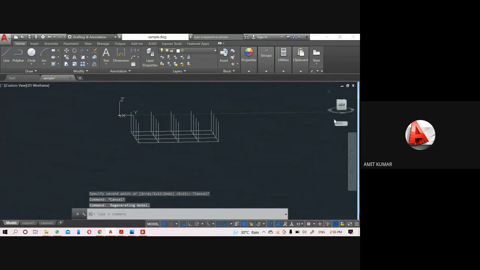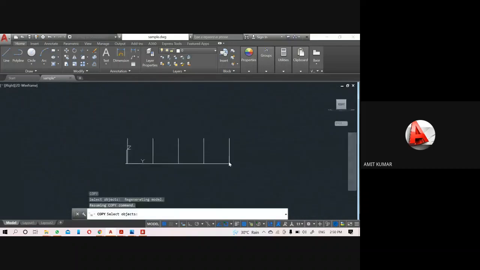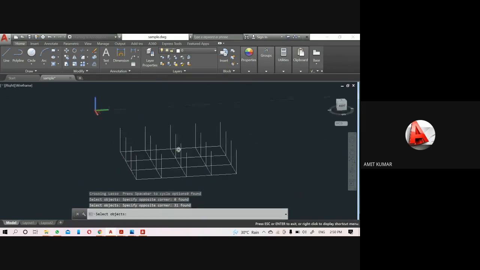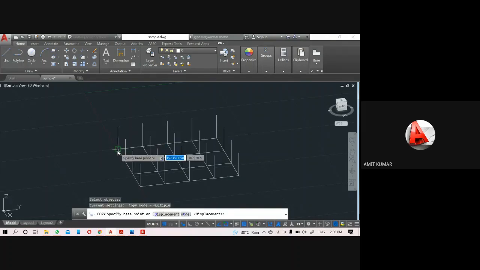Okay. Then use the copy command. Base point.